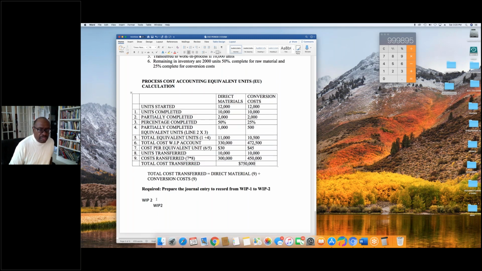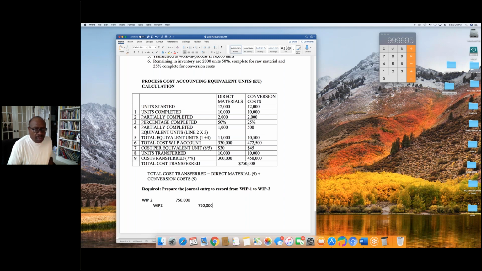So in this journal entry, the journal entry that we're going to make, we're going to debit work in process 2 for 750,000, and we're going to credit work in process 1 for